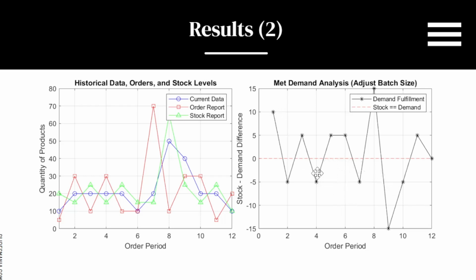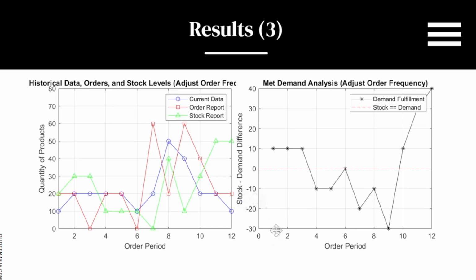What we can see here is that there's a lot of fluctuations between stock availability and demand, and a lot of times it's a little bit difficult for the system to catch up to the demand, so it goes back and forth a lot. And we can see right here at 9 that there's a big spike in demand overshooting the stock that is available, and that it correlates to that big bump that's over here.